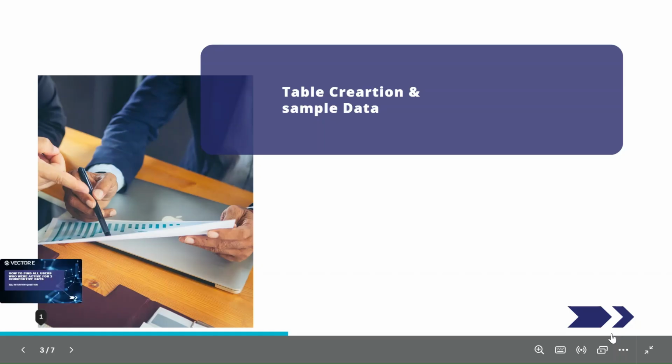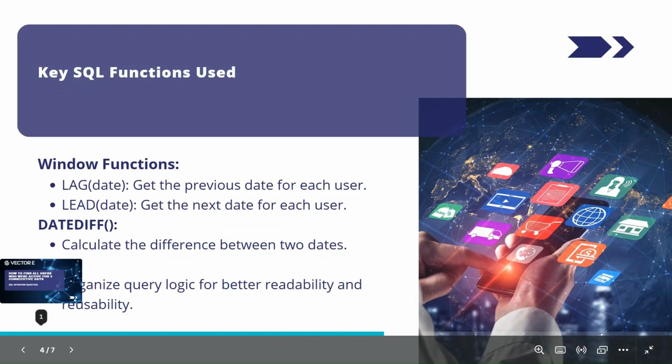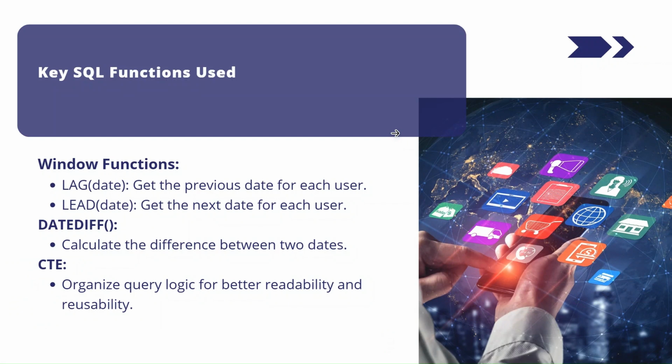Now we already have the table ready, and we have the sample data inserted into the table, right? And we manually check what the expected output is as well. Now we'll look into the required functions to solve this problem. To solve this problem, we need some idea of window functions, the date difference function, and also